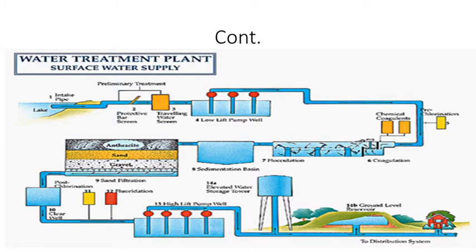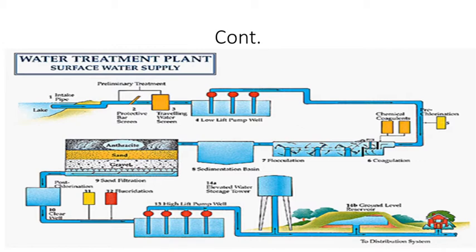Next, if you are considering the size of unit, the slow sand filter requires a larger area and a larger size. 50 to 200 meter square is the area for the slow sand filter. Similarly, for the rapid sand filter, the area is from 10 to 100 meters square. So that means a slow sand filter requires larger space, larger land and larger material. And the rapid sand filter requires less space, less area and less material as compared to the slow sand filter.